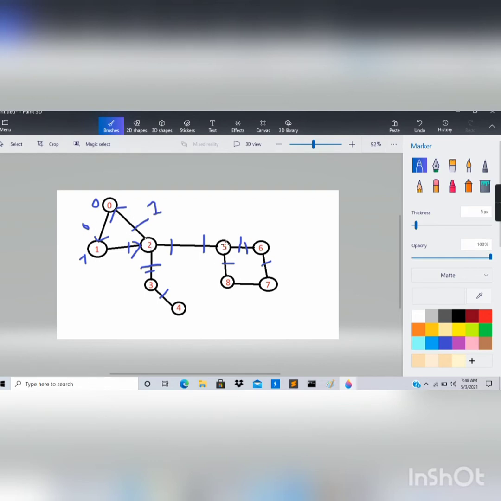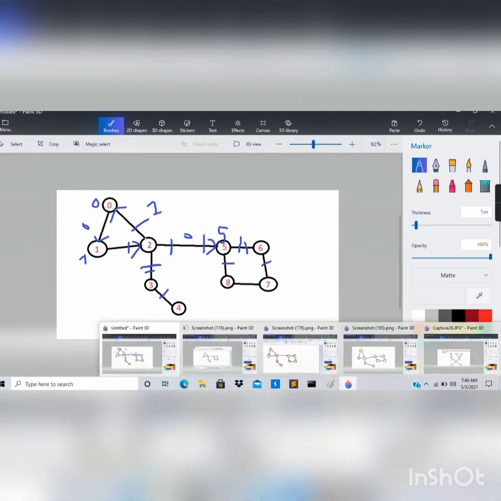From node 2 it can go to node 5, which is an unvisited node, so we'll mark node 5 as visited. We'll add this edge to our DFS tree, and since it was a direct edge to an unvisited node, we'll pass 0 along with it. Similarly, we'll assign a low link value to node 5 as 5. Similarly, we'll apply depth first search on each node, and let's see which edges will get added